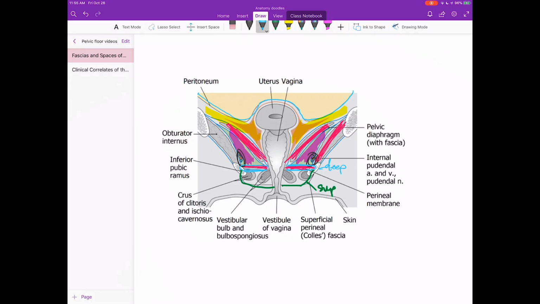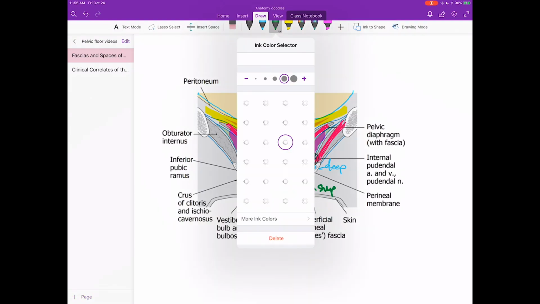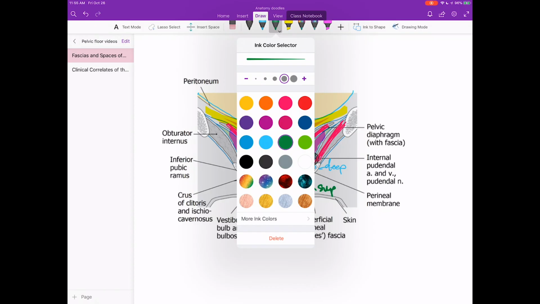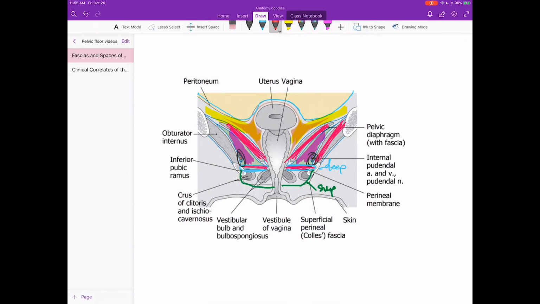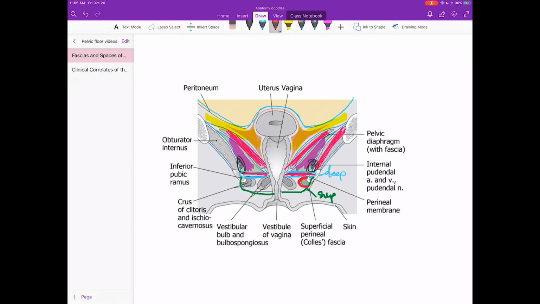Contained within the deep space are the deep transverse perineal muscle and also the external urethral sphincter. Within the superficial space is contained the cavernous tissue and the ischiocavernosus, the cavernous tissue and the bulbospongiosus